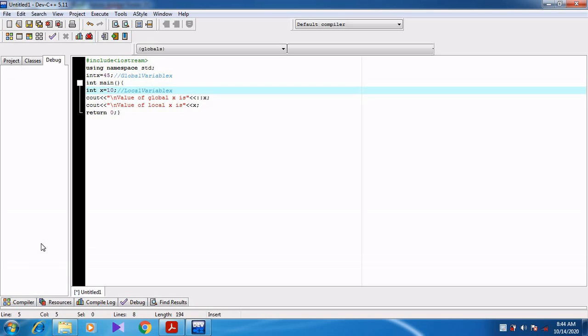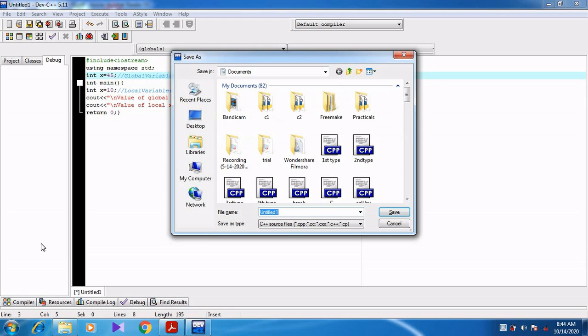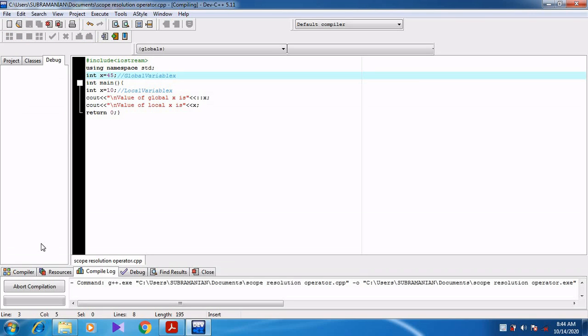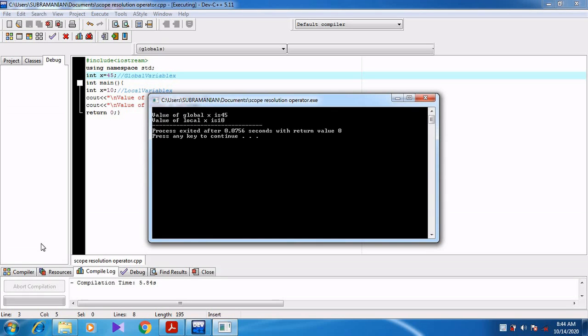For saving, Control plus S is the keyboard shortcut. When I press enter, the file is saved. When I press F11, it first compiles and then executes the program. There is no error, so it executes.